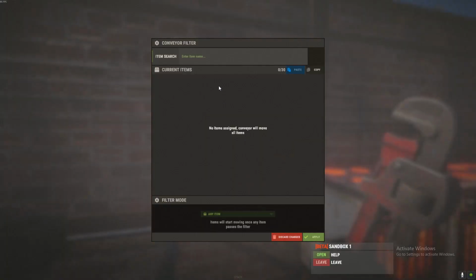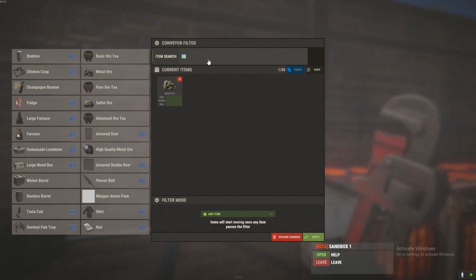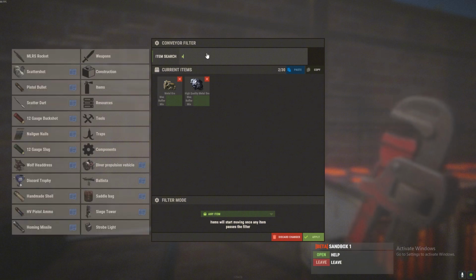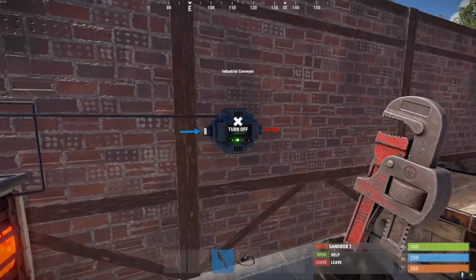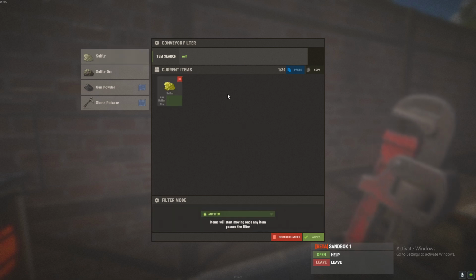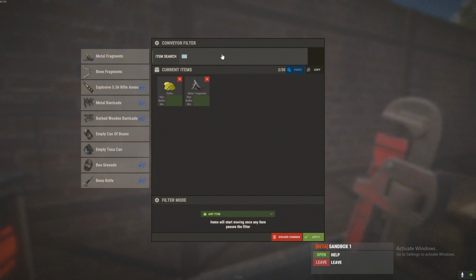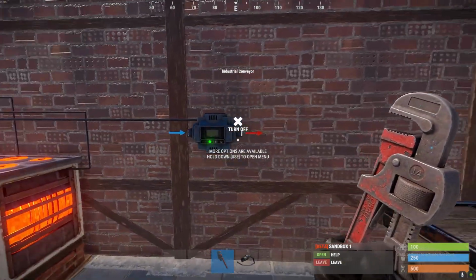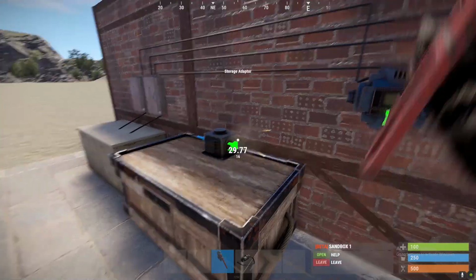Then we're gonna set them so you can set to all the ores. So metal ore, high quality, sulfur, boom. And then here, you're just gonna do the finished product. There, and then high quality, boom. Connect here to the chest, connect this chest to here,